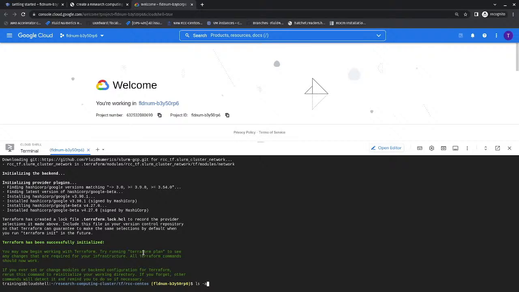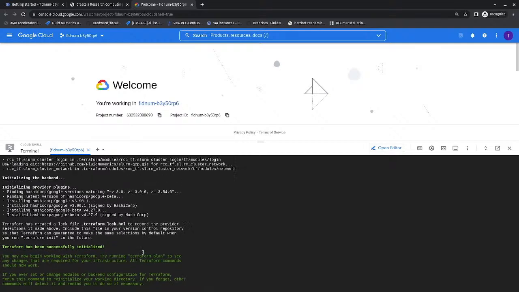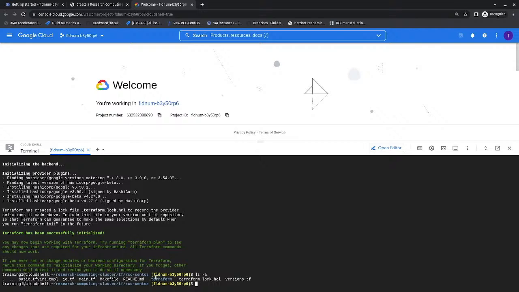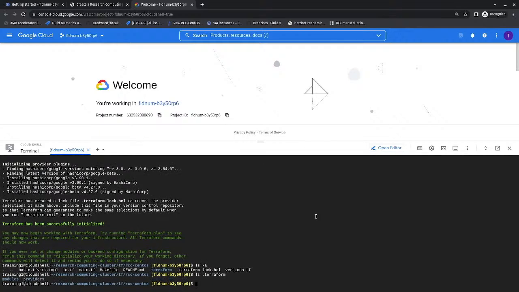Now, if you were to do an ls -a, which shows everything in that directory, including hidden directories, you'll see that there's now a .terraform directory, and then there's this lock file that just protects, in case you're sharing this directory with someone else, it protects this from someone else coming in and creating a plan on top of yours. Now, if you look in that .terraform directory, you'll be able to look through and see